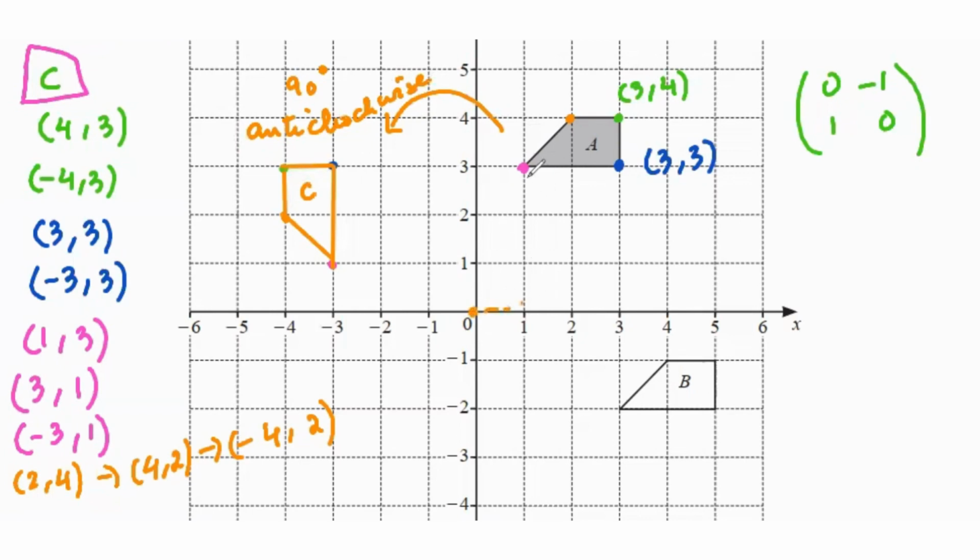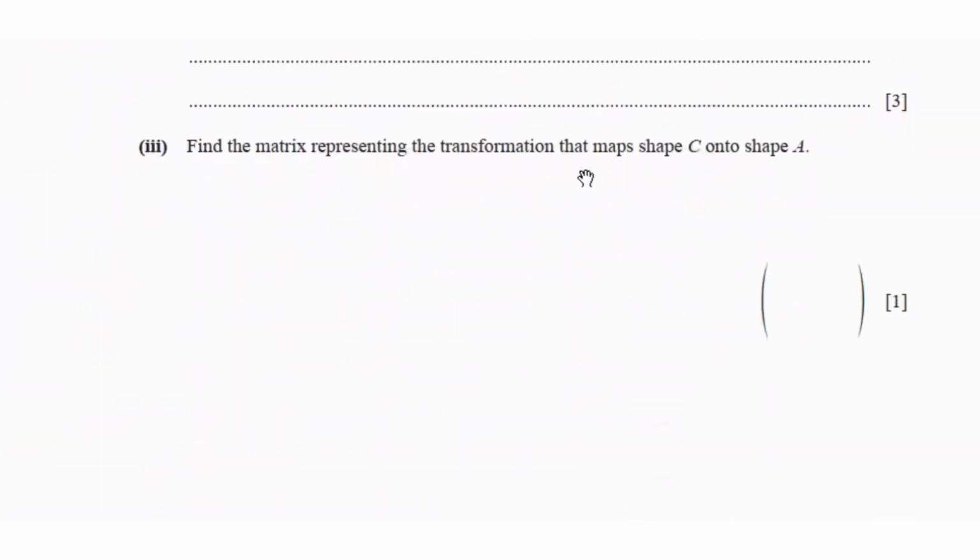Why? Because if you measure the distance of this point from the center, it's 3 units vertically and 1 unit horizontally. And over here for this point, it becomes 3 horizontal and 1 vertical, which means 0, 0 is our center. So that's the transformation that maps A onto C. Find the matrix representing the transformation that maps shape C onto shape A. So for that, what we'll have is 0, -1, 1, 0. In that case, you will swap your x and y coordinates again, but this time y would be negative, not